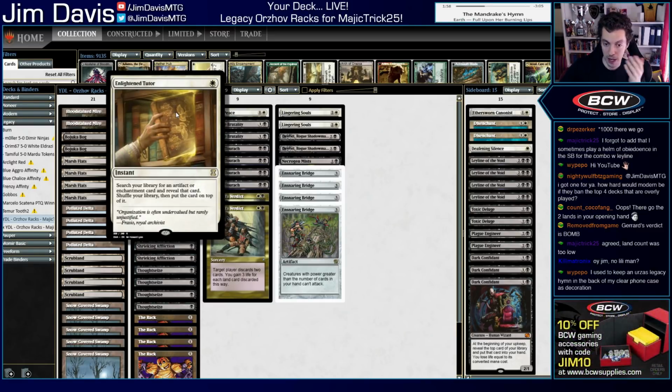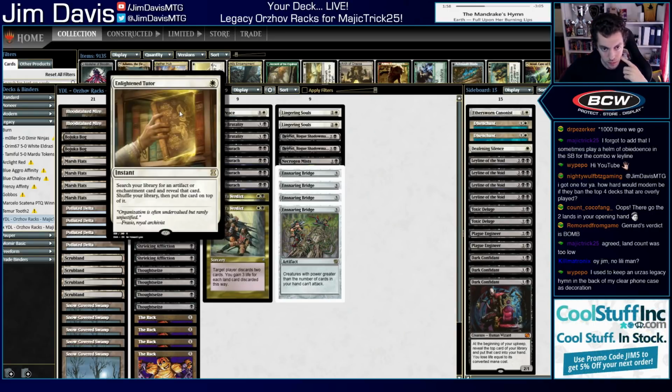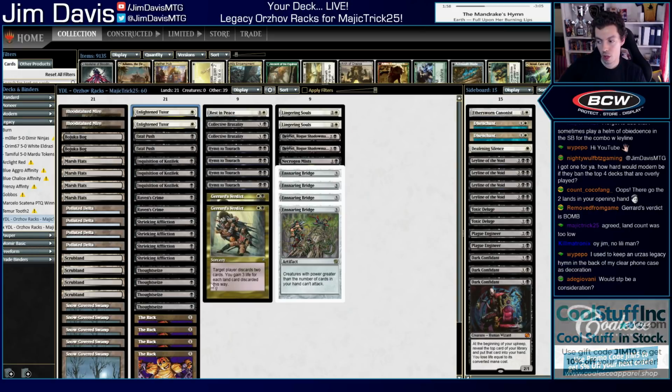This is what the white splash is mostly for. This allows us to get our Ensnaring Bridge or our Necrogen Mists. That was really it. Or the Rack, obviously, getting your Racks. The problem with these tutors is that all of the top of your library tutors are card disadvantage inherently. So when you cast this card, you're just losing a card. So I think that